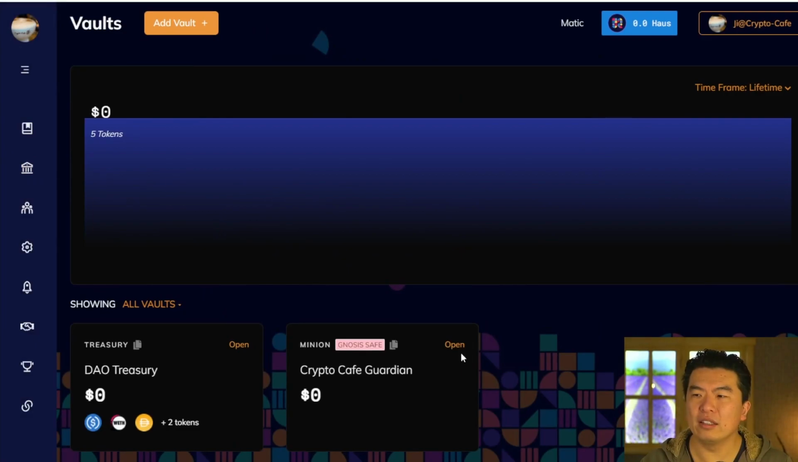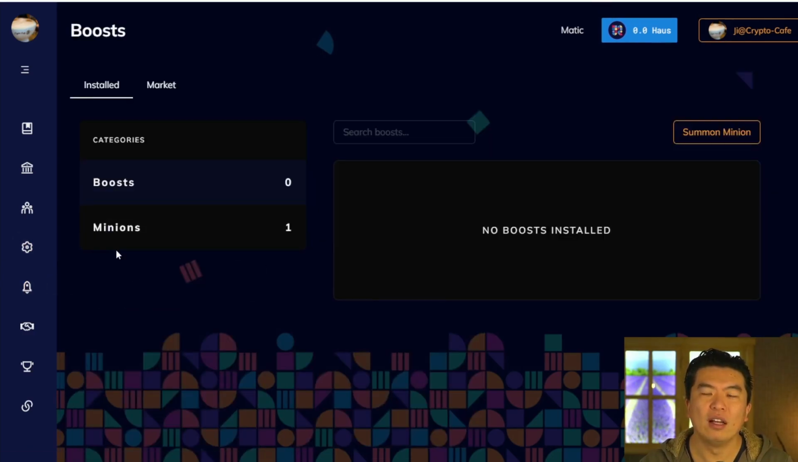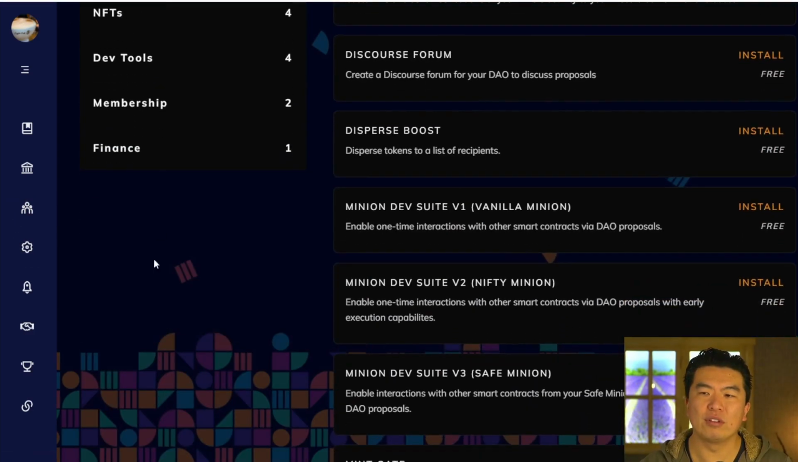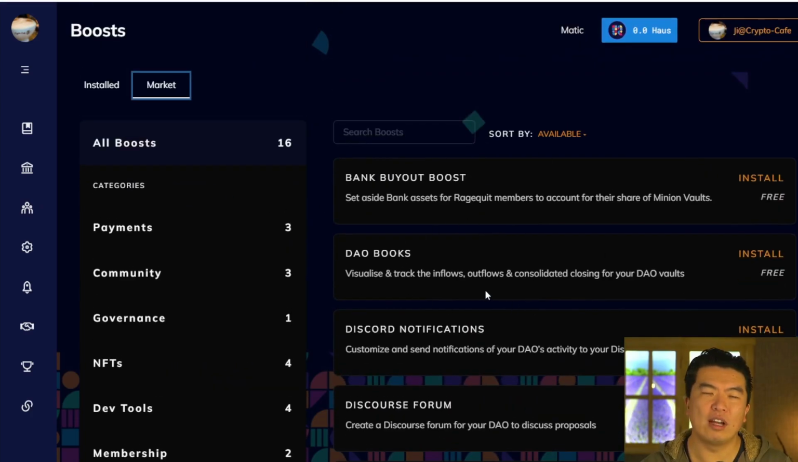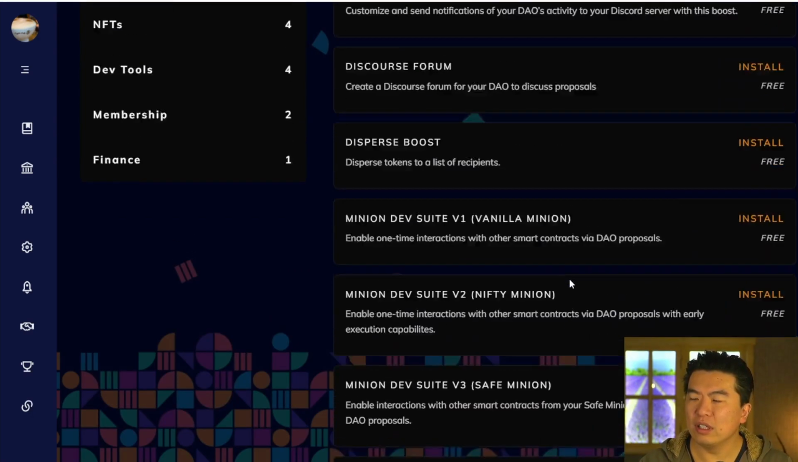The vault, and this one, see, this is like additional. You can see basically like an extension of the DAO. The DAO comes with basic functionalities, and with this boost, you can add additional ones. This is a safe minion, which you just saw on the page before, and if you go to the market, there are different extensions for upgrading the DAO with additional functionalities. They are all free at the moment, and